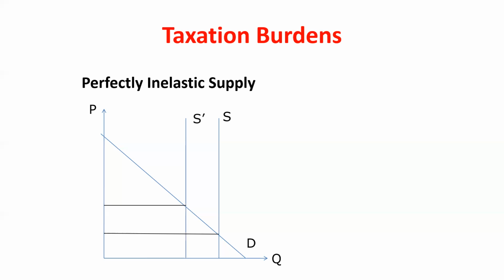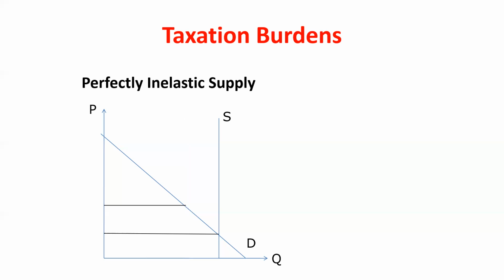After I see this tax, what's the price that consumers are going to pay? It's actually going to be where my new supply curve meets the demand curve. So the price consumers pay is going to be a little bit higher than it was before. The price the seller keeps is actually going to remain the same here. So if we have perfectly inelastic supply, we kind of get a weird effect where